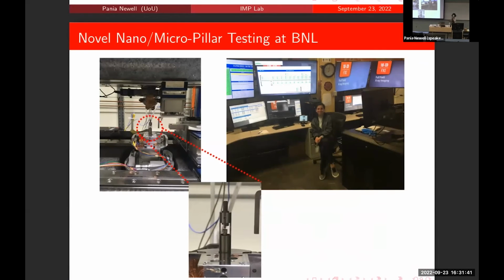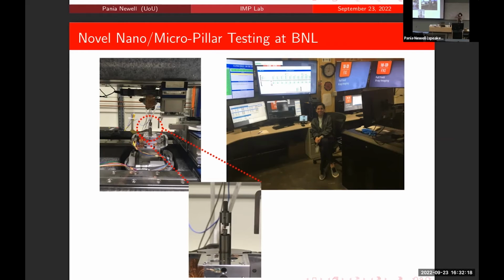So with that, we needed to go to Brookhaven National Lab. And this is where, I guess in my opinion, magic happened. We had these samples, after working months and months and months of preparing the samples to become 200 microns tall and 10 micron diameter, we had to design a fixture so that we can load this while we are scanning it. And we went to Brookhaven National Lab because they have the fastest scan in the world.